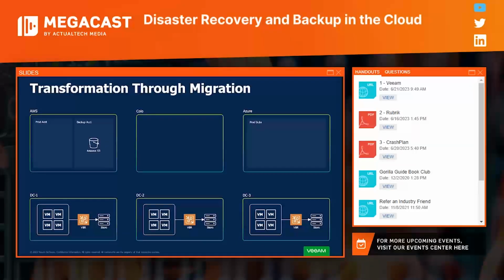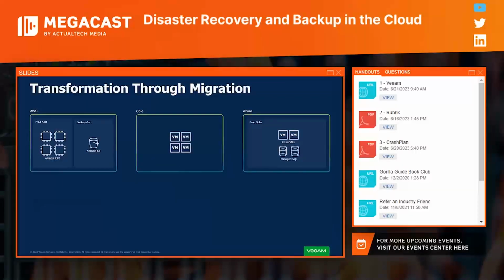Obviously, this didn't happen overnight. It happened over a period of time, but some of the workloads went to AWS, living on EC2. Some went to the co-location, others went into Azure as Azure VMs, as well as managed SQL instances. But at that point, once everything was migrated, they achieved their goal: let's get out of the data center business.